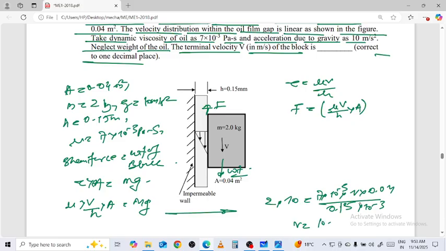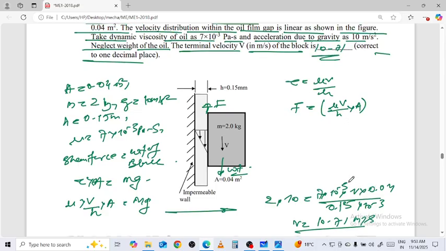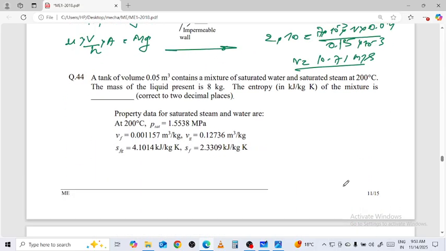The v value is 1071 percent. Okay, easy as you like. Next,